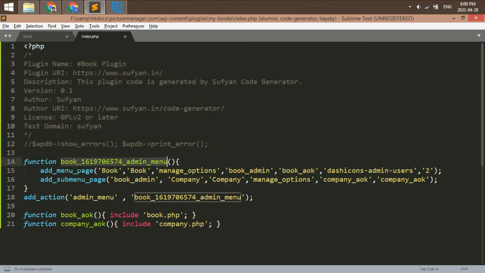So this is a function, and we have admin menu page, add menu page. So the title, the description in the dashboard menu, and capabilities, all these things you can find in the WordPress documentation. This is a submenu page. So under book we will have company. So there are two callback functions, include book.php, company.php.